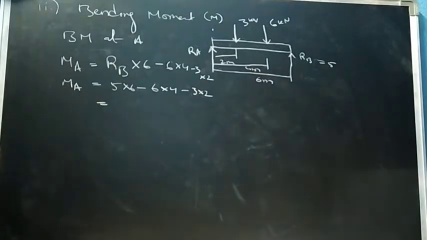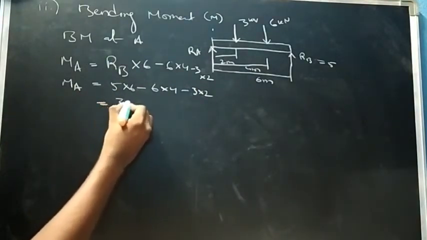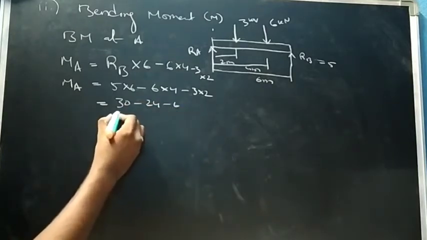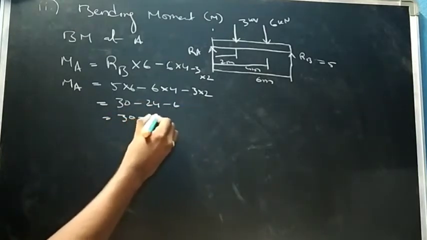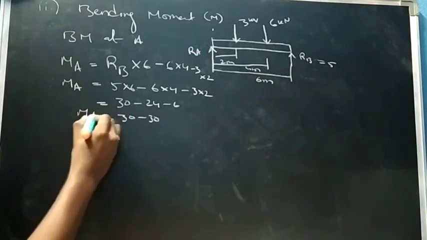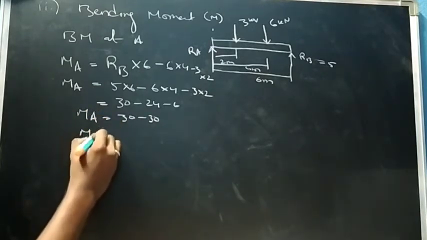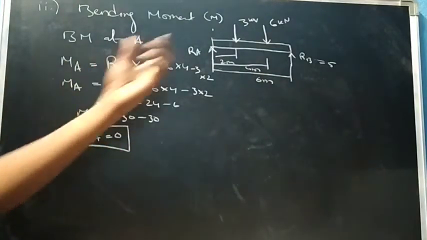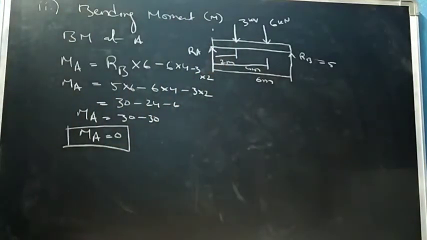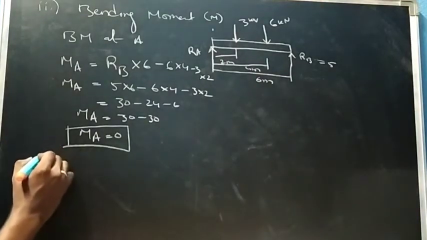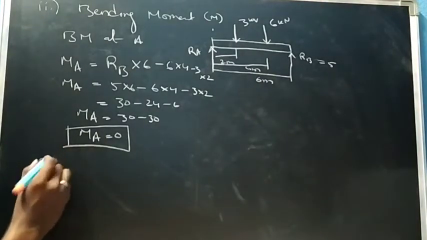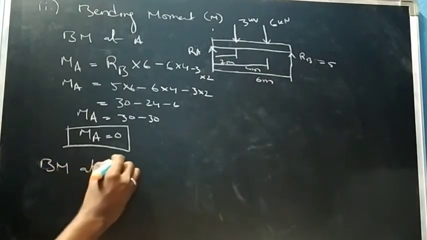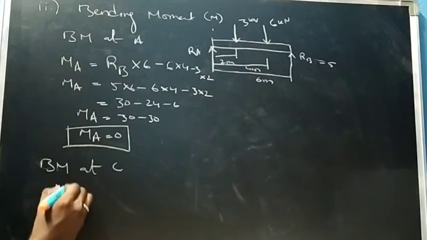So now from this we can write as 30 minus 24 minus 6 and 30 minus 30, that is MA is 0. That means there is no moment at support A, right? Now we'll find out bending moment at C. So MC equals